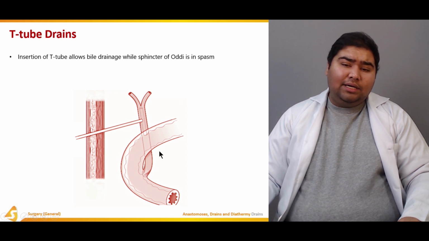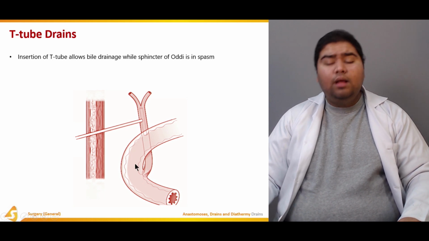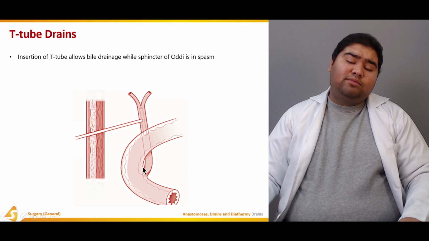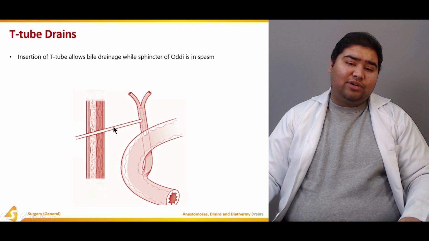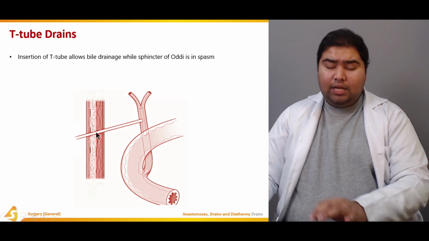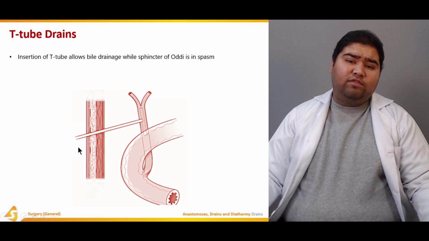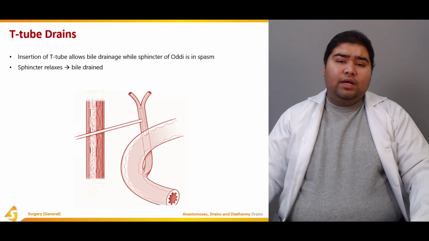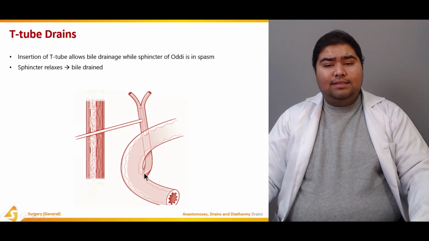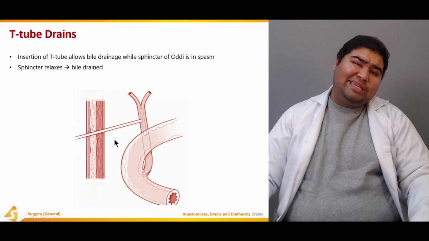This is the bile duct. This is the second part of the duodenum into which the bile duct is opening. Now, in order to relieve the spasm of the sphincter of Oddi, this T-like drain is placed. This T-tube drain causes the drainage of the bile itself. Now, as the sphincter relaxes, the bile drains through the normal channel, so the drainage through this T-tube